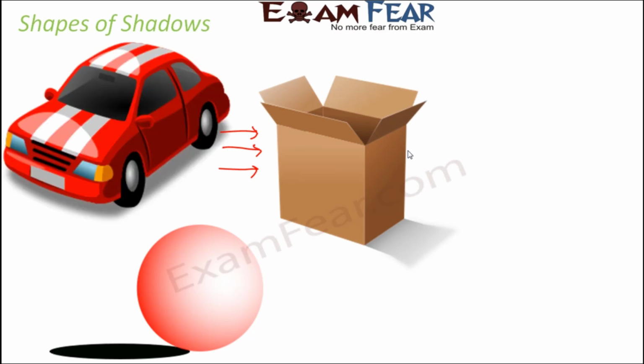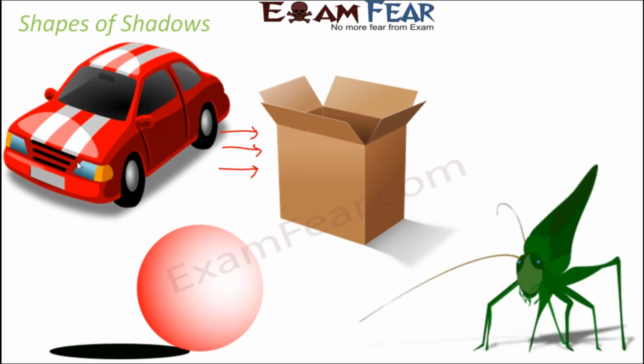Look at this car. The shadow which you see here is just kind of a rectangle. However, the shape of the car is very much different. That's because maybe light is falling from the top of the car. That is why this bottom part is that area where light is being blocked by this entire base of the car. So that is why the image is like that.